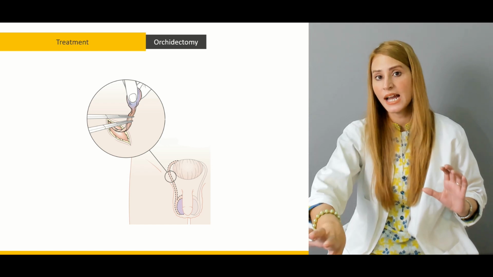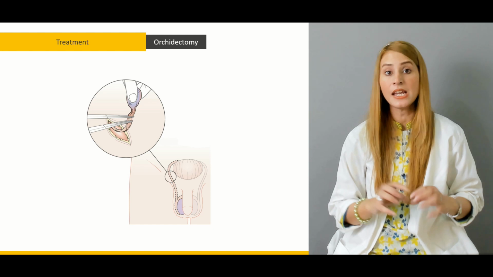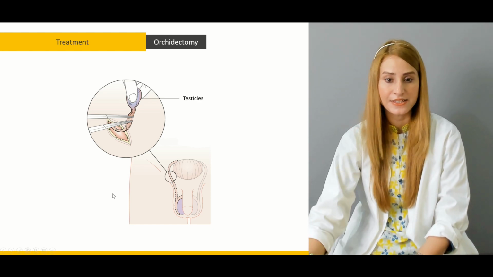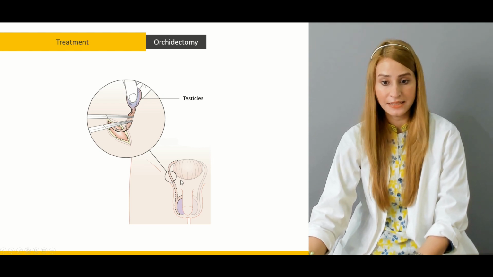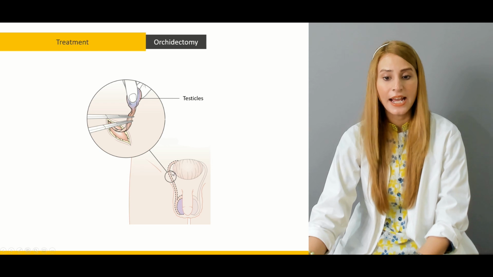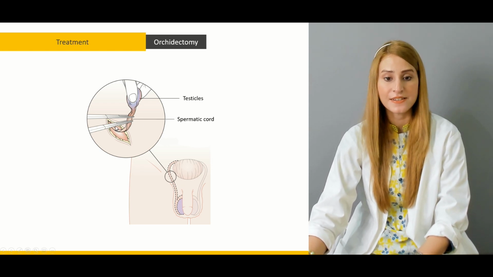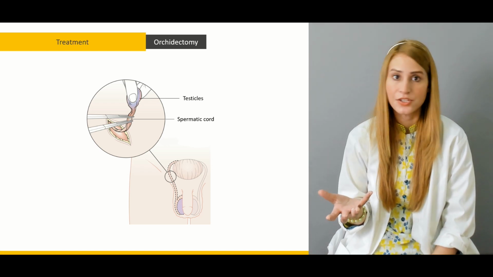So if the tumor has invaded into the testes, you do the orchidectomy. It's like you're removing both the testes. You can see here, these are the testicles, and you go through the skin, give an incision and remove the part of the epididymis, seminal vesicle, and actually this is the spermatic cord, and you give an incision just like the incision in the